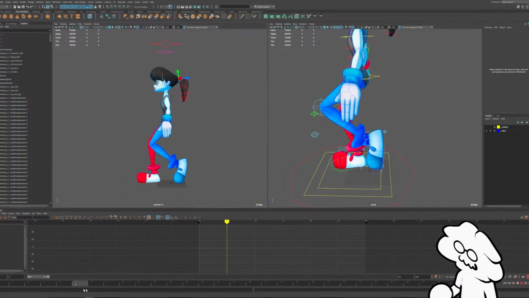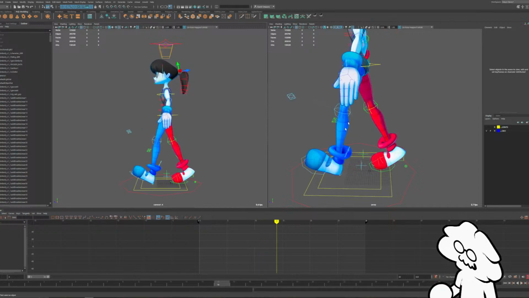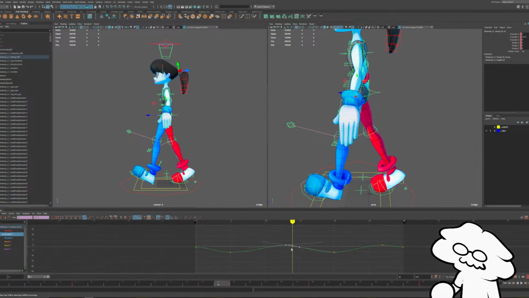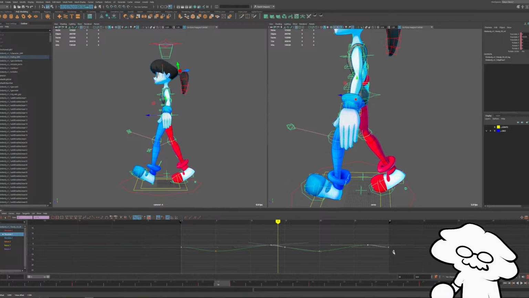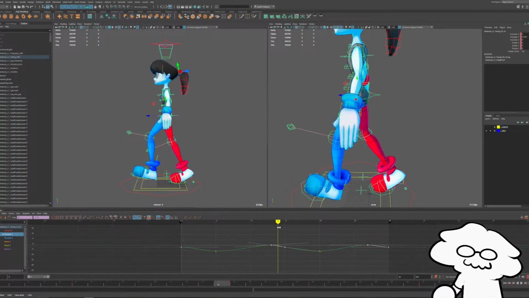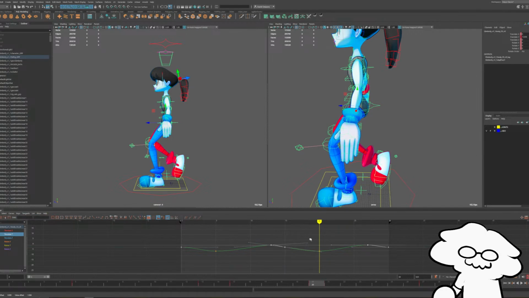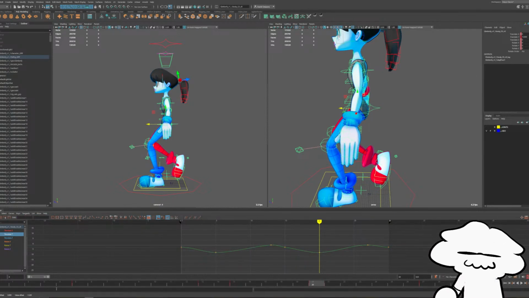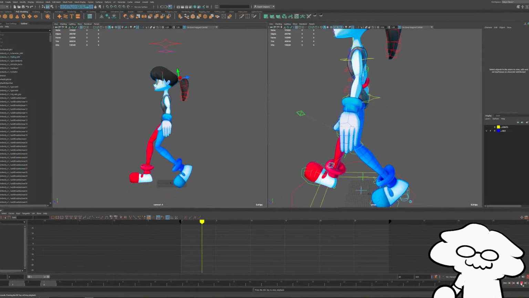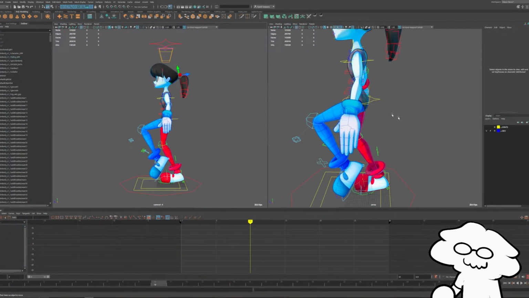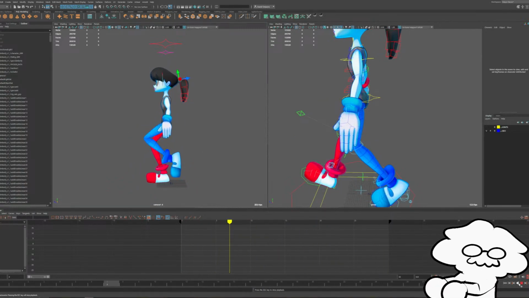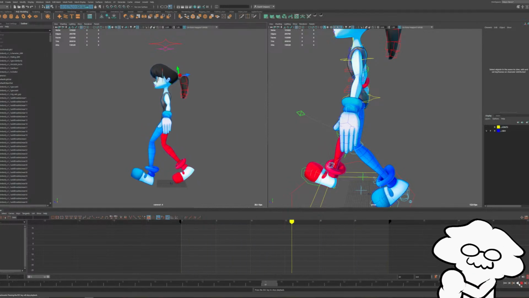And let's keep looking at this. I think this is too high. Maybe around there, because you want the legs to bend just a little bit so they don't feel too stiff. And then go back down. Like that. Yeah. And then as is, her upper body is also, because I haven't done anything to the upper body except move it up and down,